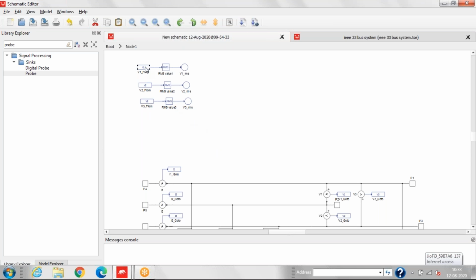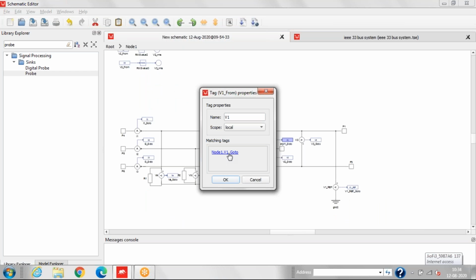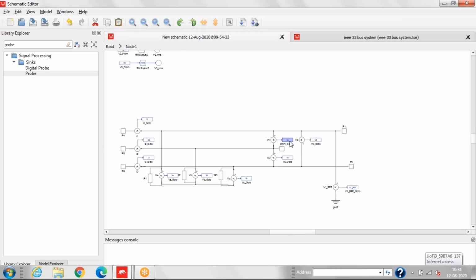So after clicking on this signal from block, you can see that we have one matching tag. If we click on this node 1, it will automatically go to the signal from where it is coming. So now you can see that it is going to the signal from where it is coming.